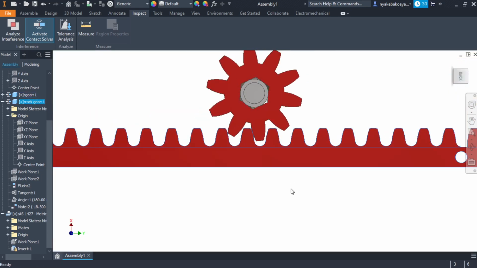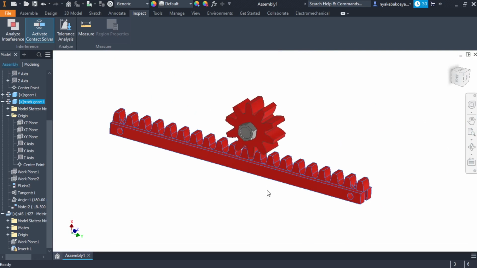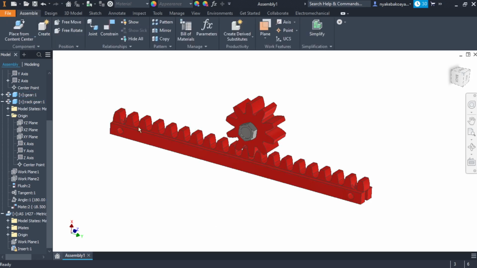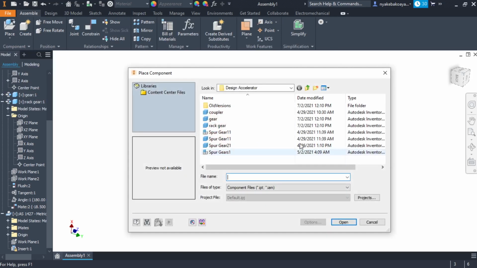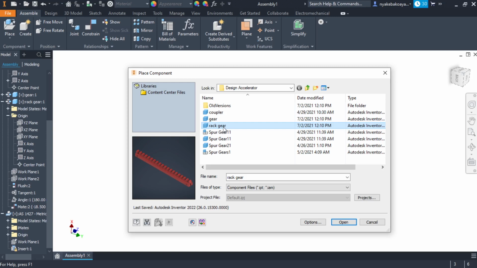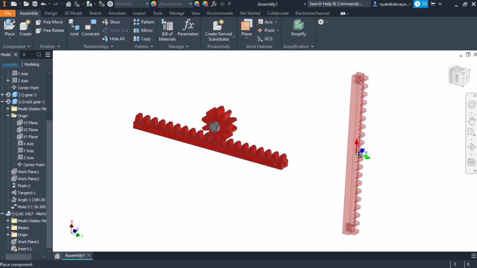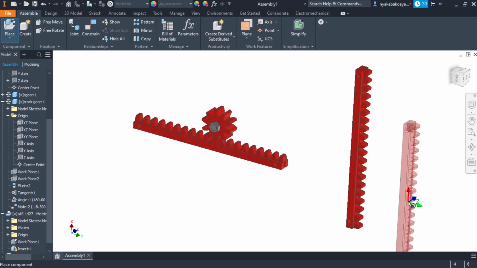So yeah, that is it for this video. But before we close, there is something I wanted to talk about: grounding. Most of the time there is a component which you don't want to be moving, so you can always ground it, without putting the constraints that we have done here. For instance, if I click place and select this rack here, click open, and click anywhere here,